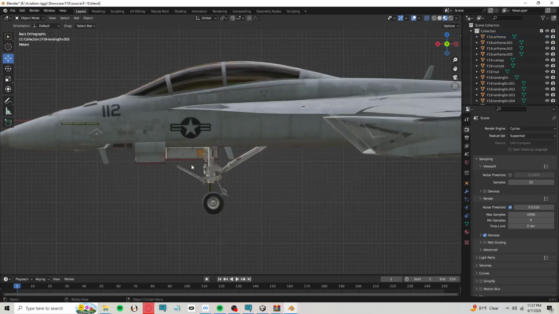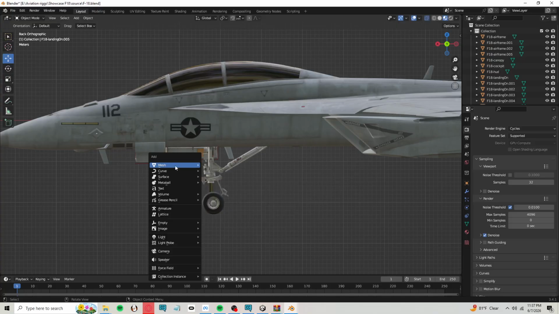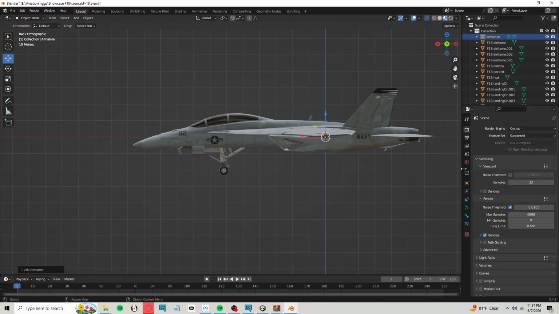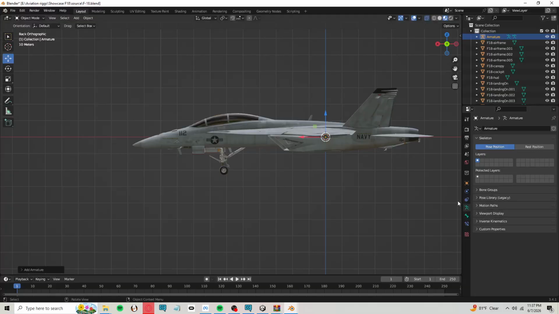So we're going to click Shift and A. It's going to bring up this little menu. We're going to click Armature. So this is basically your rig. We're going to go over to the little stickman figure on the right and click In Front